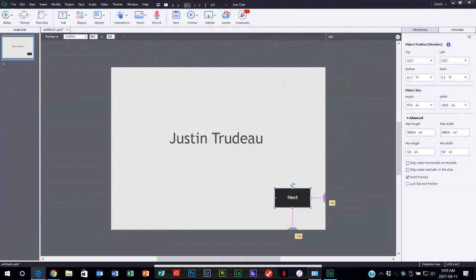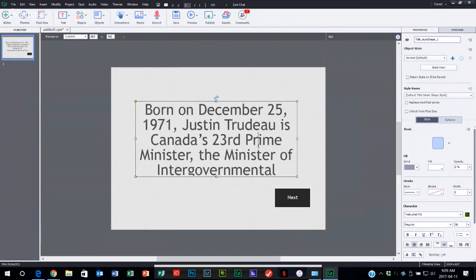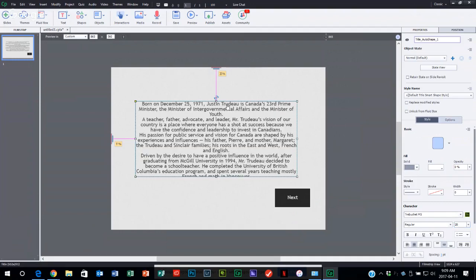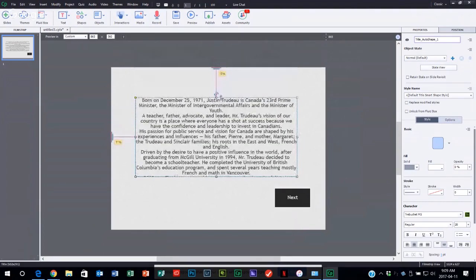So if you had a whole lot of text like this here, let's say we put this on the screen here. Whoa, that's too large. Let's make that font size appropriate. So as you can see, this is still a lot of text. Wow, that's almost too much. But here's one of the big improvements with Captivate